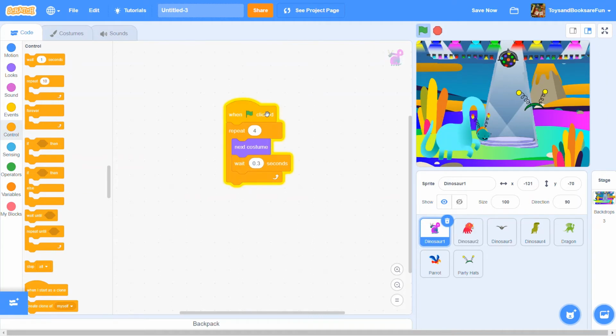0.3. I think I want 0.15. And there we go. It's a bit too fast. I think 0.2 is the best option. Yes, it's pretty good. So now to make this repeat forever, we're going to pull out this forever block, and